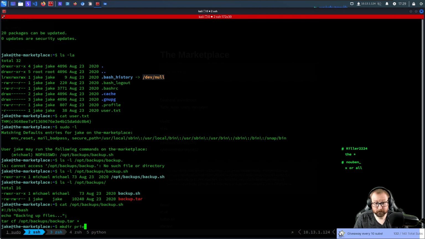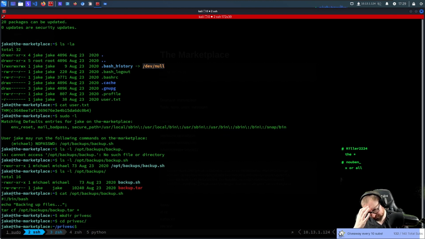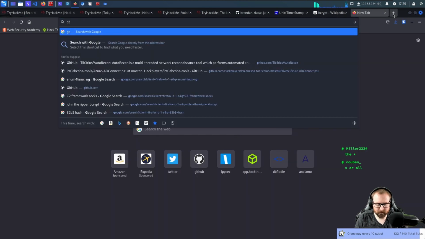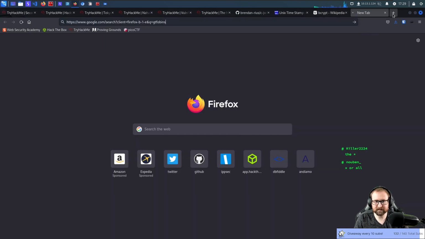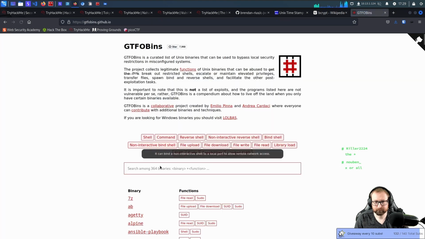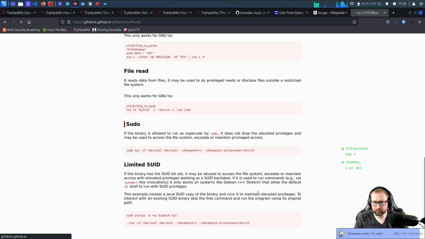Alright. Gonna make a privesc directory. See if I can remember how to do this. No, I can't remember the name. It's checkpoint something. So we're going to go to GTFOBins. This is an insane exploit. So we go to tar, and we go to sudo.